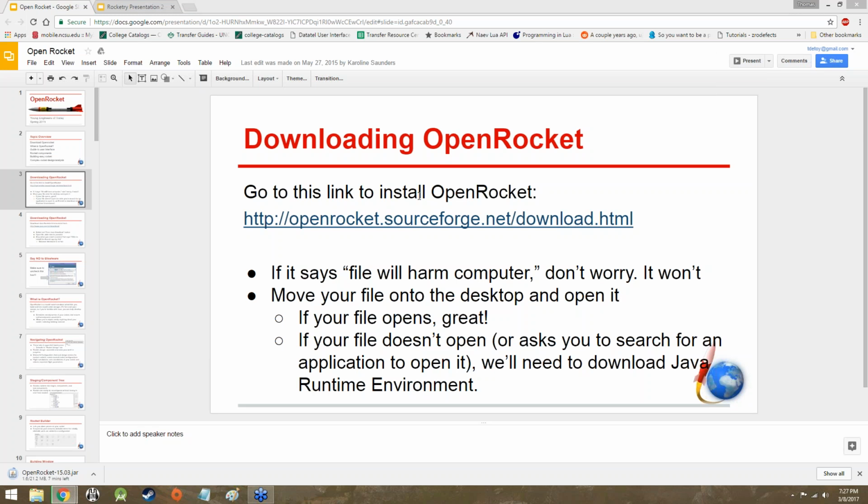So that'll take a few minutes. Yeah, I know, right? File will harm computer, don't worry. It's not exactly inspiring confidence, but